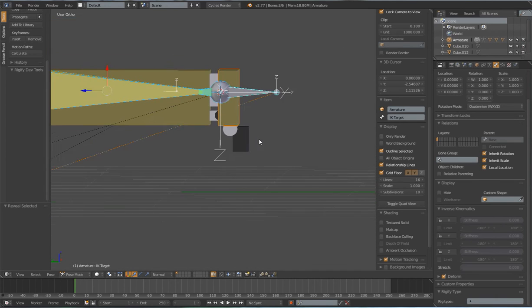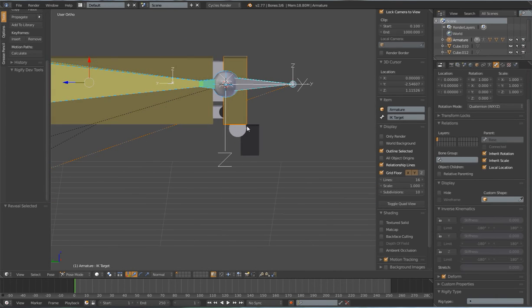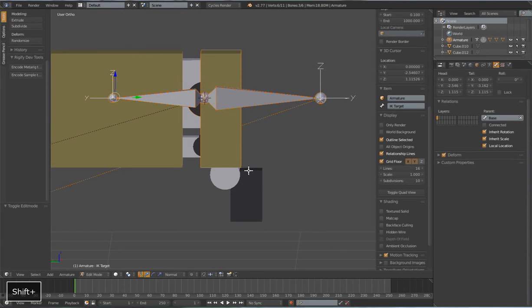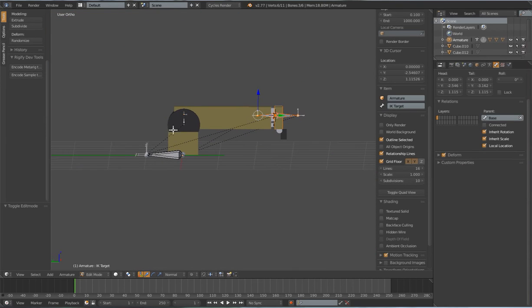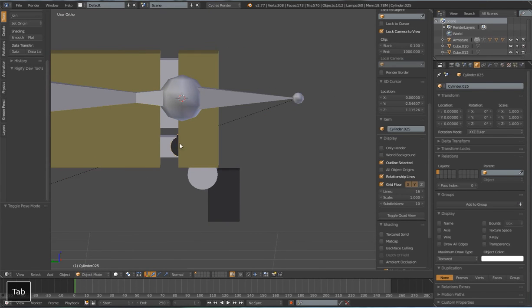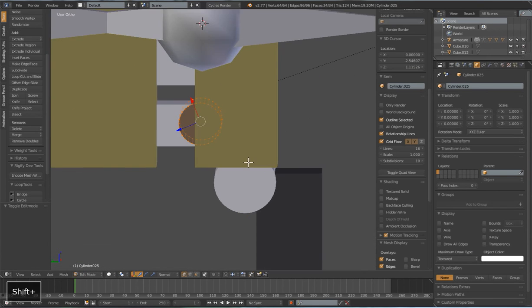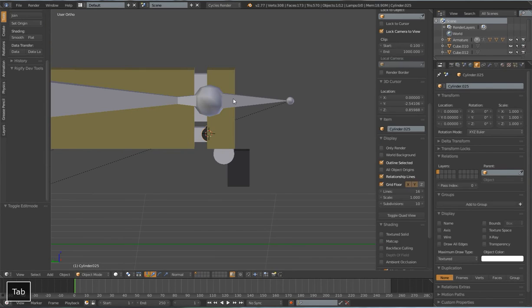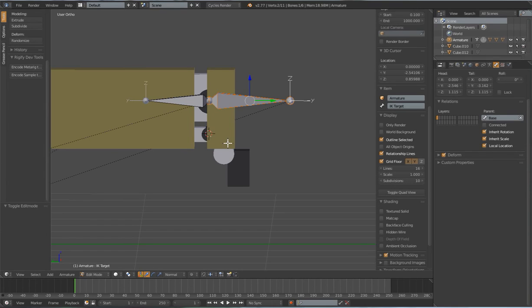Alright, now just a couple more bones here and we'll have a fully set rig. And I think I've been keeping up on my parenting and my naming here. Let's select this rotation point. Shift S, cursor to selected. And we'll add another bone. Shift A,